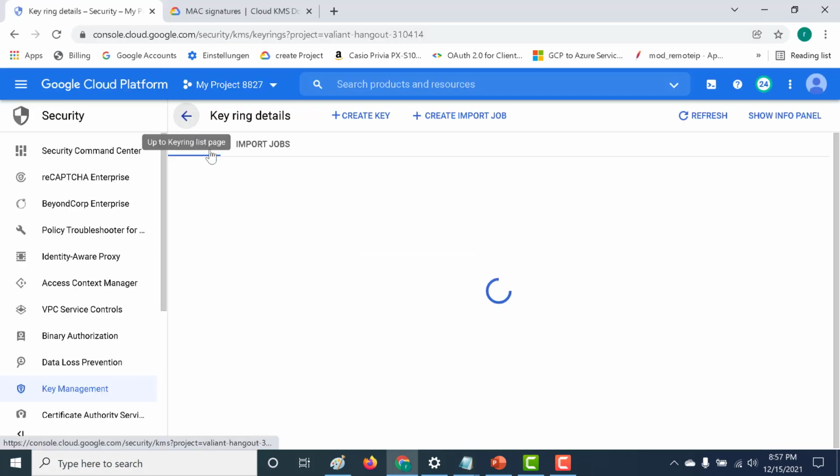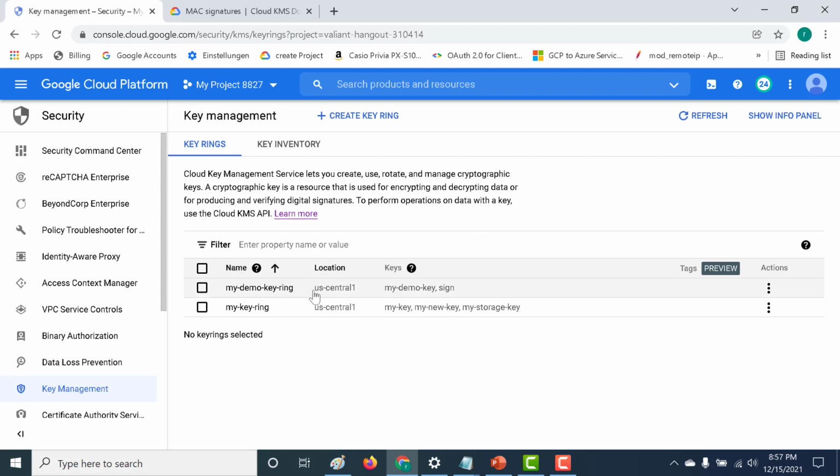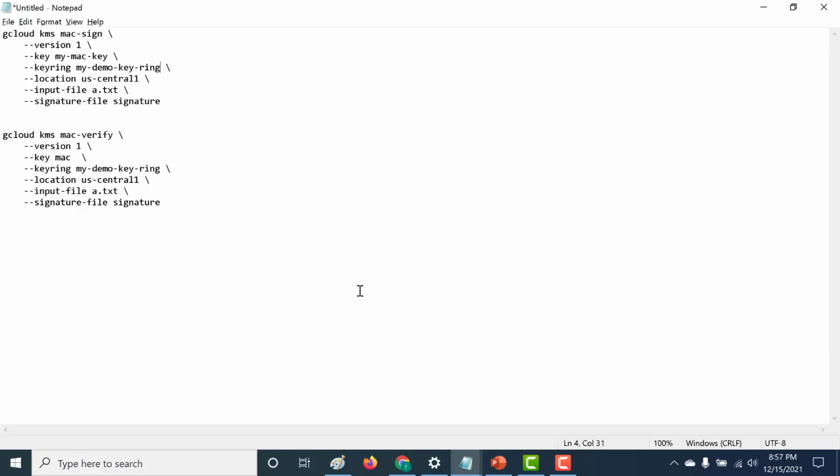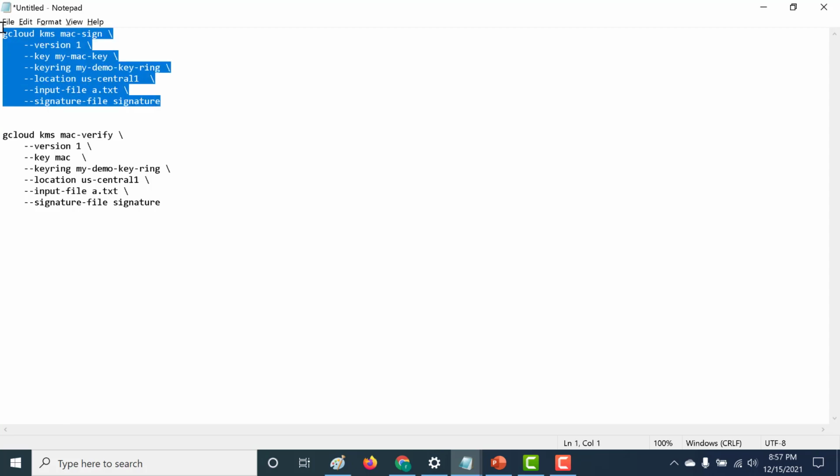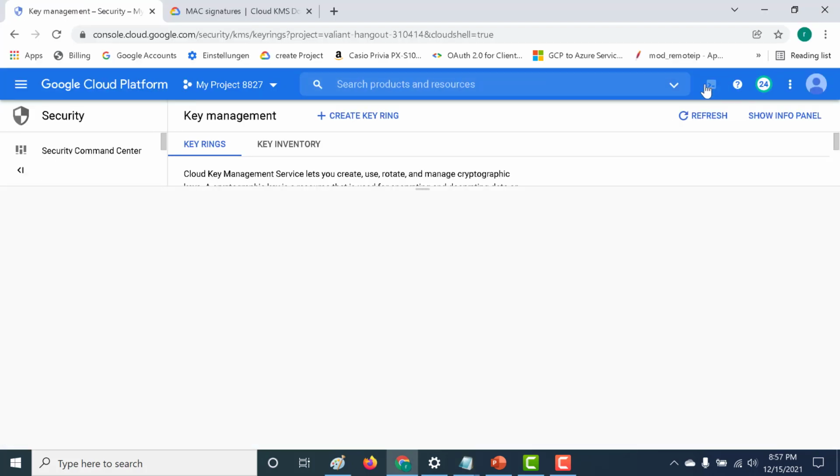And this particular keyring is in the US Central 1 region, so let's copy this as well. Again, it's US Central 1. Now we need to create an input file for which we need to create a signature, and the signature name is something that will get auto generated. Let's copy this command and run it in a Cloud Shell.